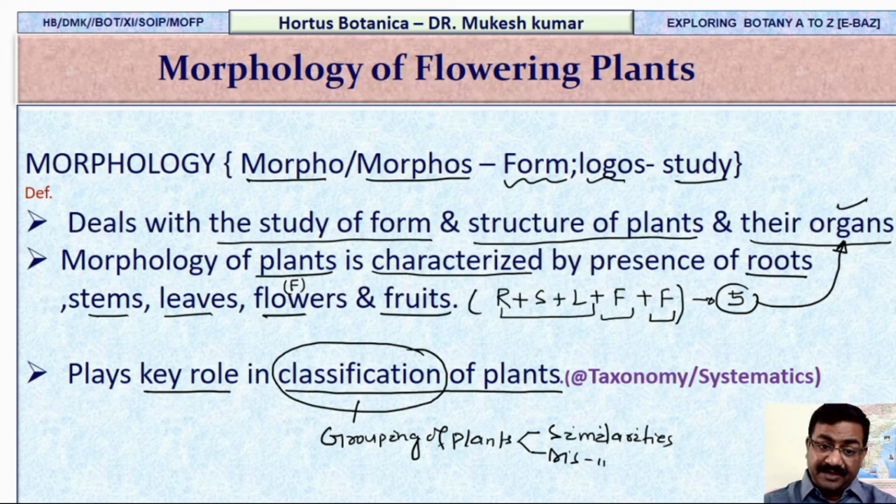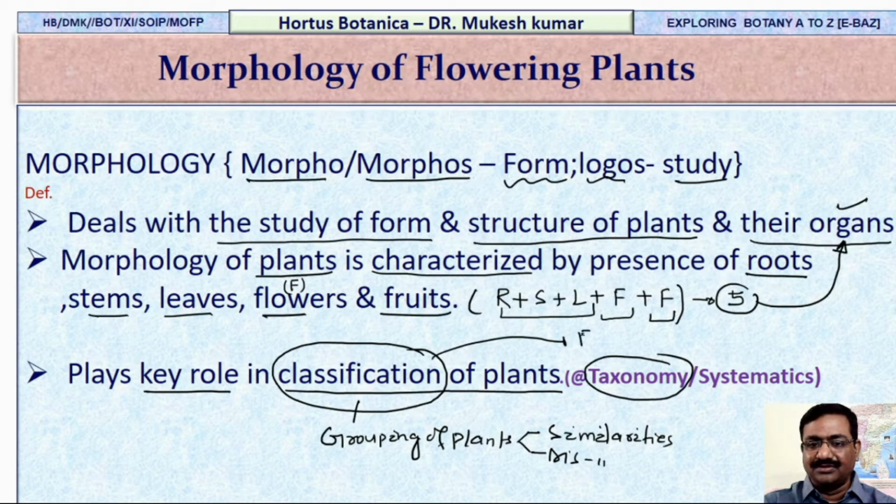So if you are going to group the plants, then what happens? You are going to arrange the plants, and if you are arranging the plants with the help of important rules and procedure, this is called, yes, taxonomy. So for classification, the rules and all the procedures which are controlling it, this is nothing other than taxonomy, which provides you the arrangement of the plants in a very systematic manner, right?